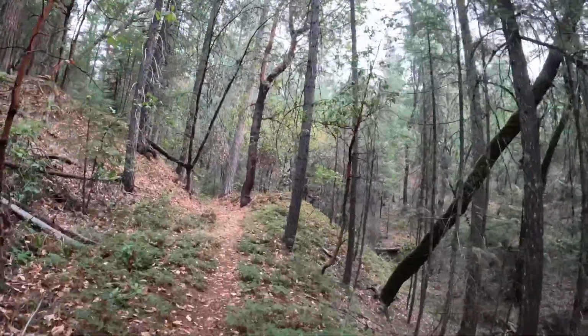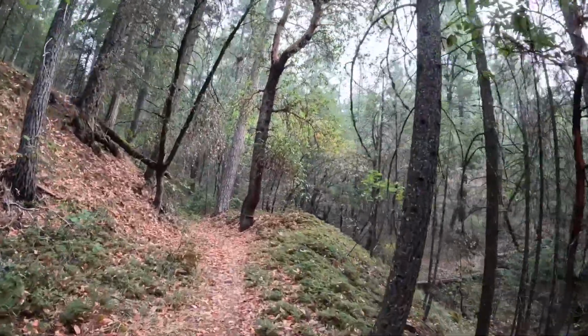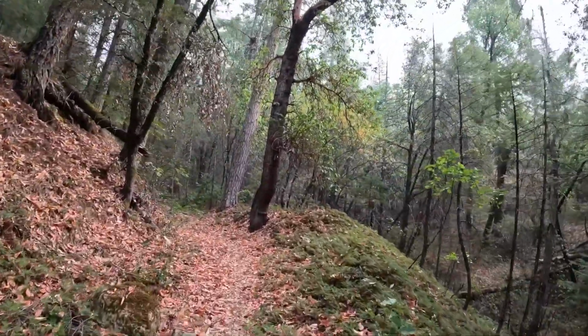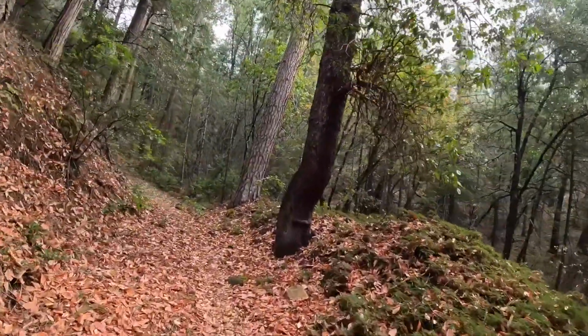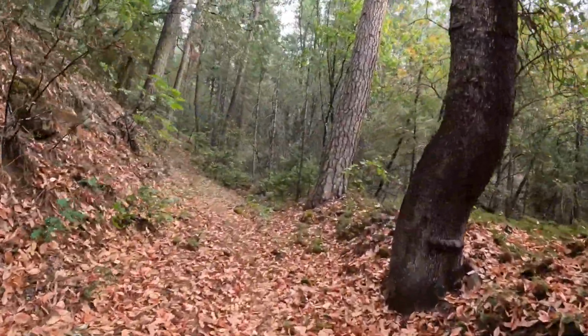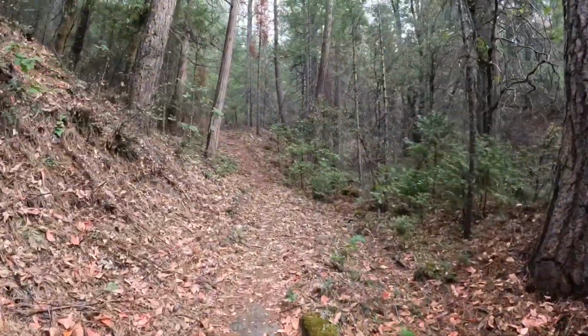There's also a lot of scat on the trail. Oh boy. We wouldn't be surprised if we saw an animal of the bear type. A lot of scat on this trail with berries in it. I don't know what else eats berries, but